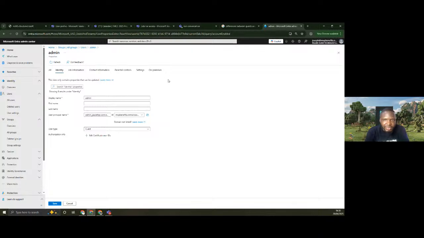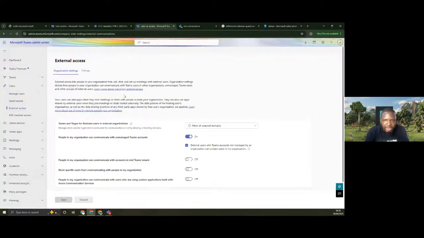This is why it is paramount for us to differentiate between guest users and external users. So if you come back to this and now understand what I mean by external user, you will find something here that speaks to allowing all external domains for Teams and Skype for Business users in external organizations.